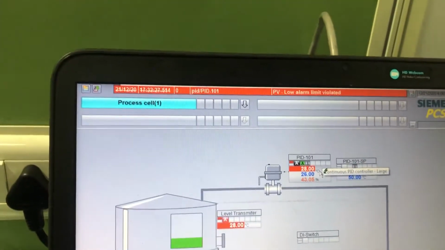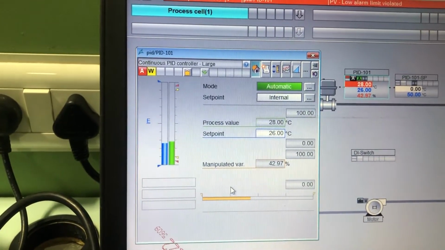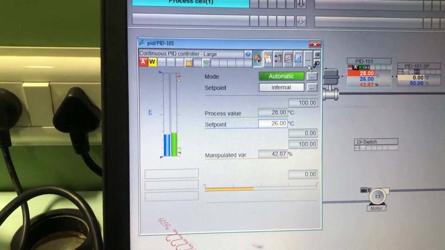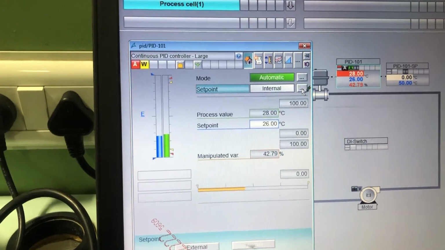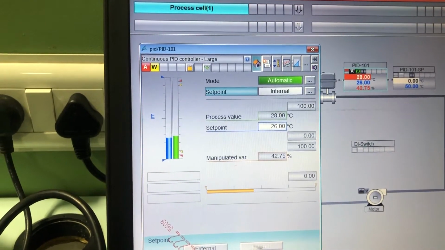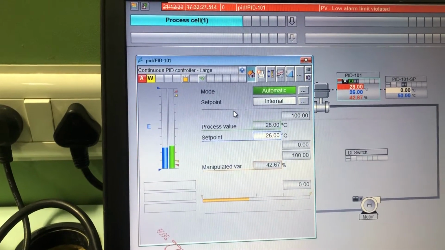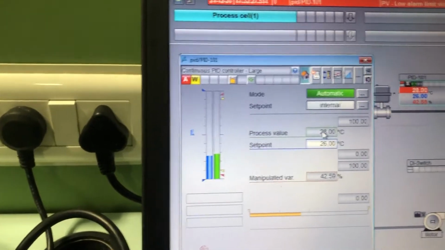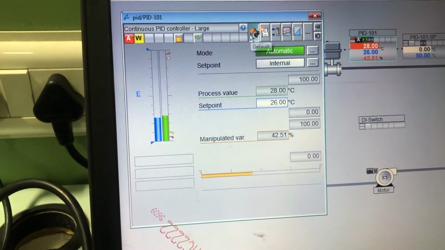Now again there would be a block for PID. So this is for control valve. Here again we'll have the mode settings, then set point internal and external. Internal means it is directly from the faceplate, and external means it is from some logic or from the recipe. Here we will get the process value, set points, then what is the output.